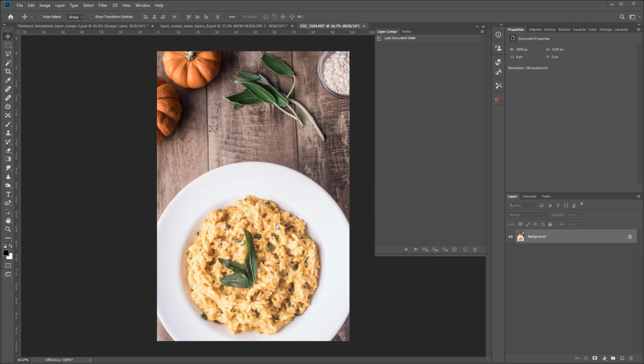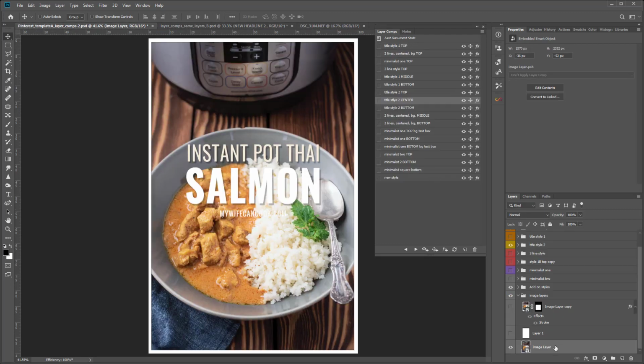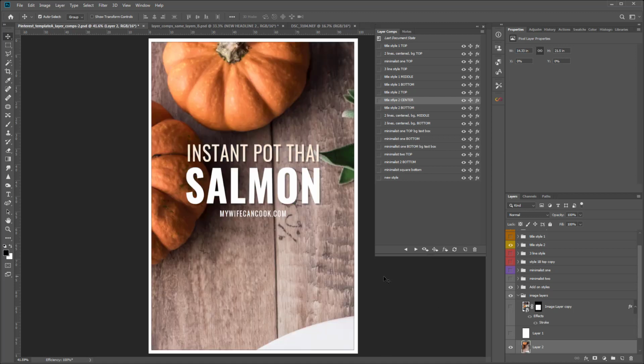So I have gone ahead and opened up this new image here. So we're just going to Control A on that, Control C to copy it, and then I'm going to come back over here into this one, which was where we were working. And so right above this image layer, I'll just create a new layer and paste right into there. Now Control T to resize,